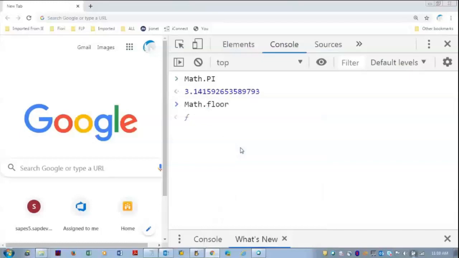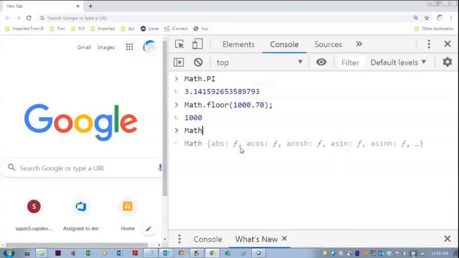Floor means, for example, if the amount is a thousand rupees in decimals, say 1000.70, that means a 70 paise discount is given. Like that, it goes on with Math.floor.